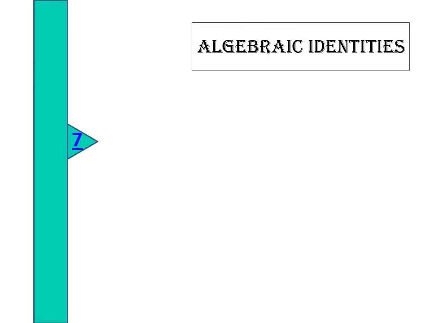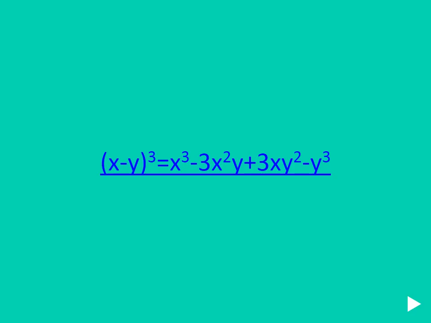Next we can move to the seventh identity. Let us see what it is. X minus y whole cube equal to x cube minus 3x square y plus 3xy square minus y cube. So what is the change between the previous identity and this identity? Here the minus sign is coming. And what changes in the answer? The first term is plus, then minus, then plus, then minus. So understood? Plus starts: x cube minus 3x square y plus 3xy square minus y cube. Now we see how the expansion is.